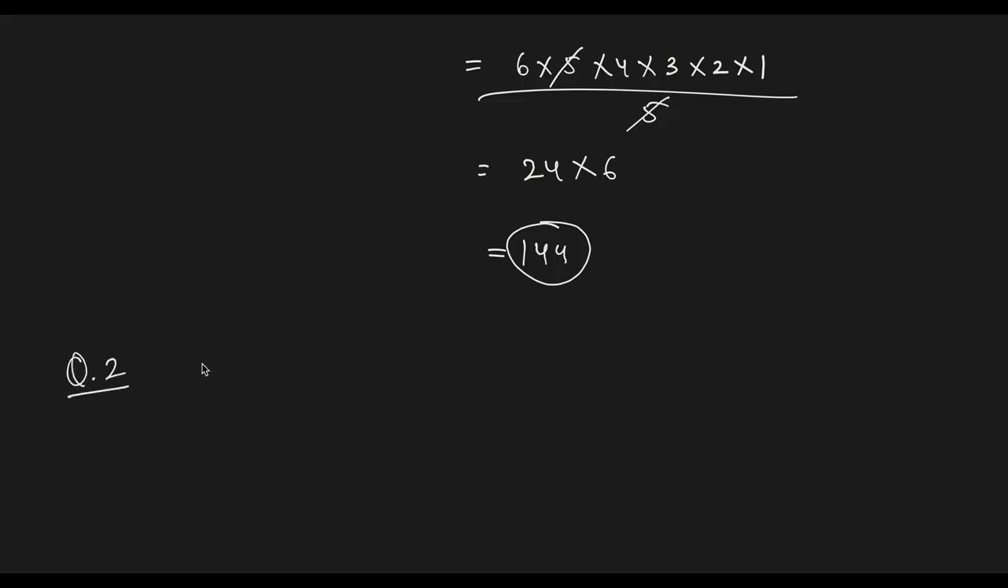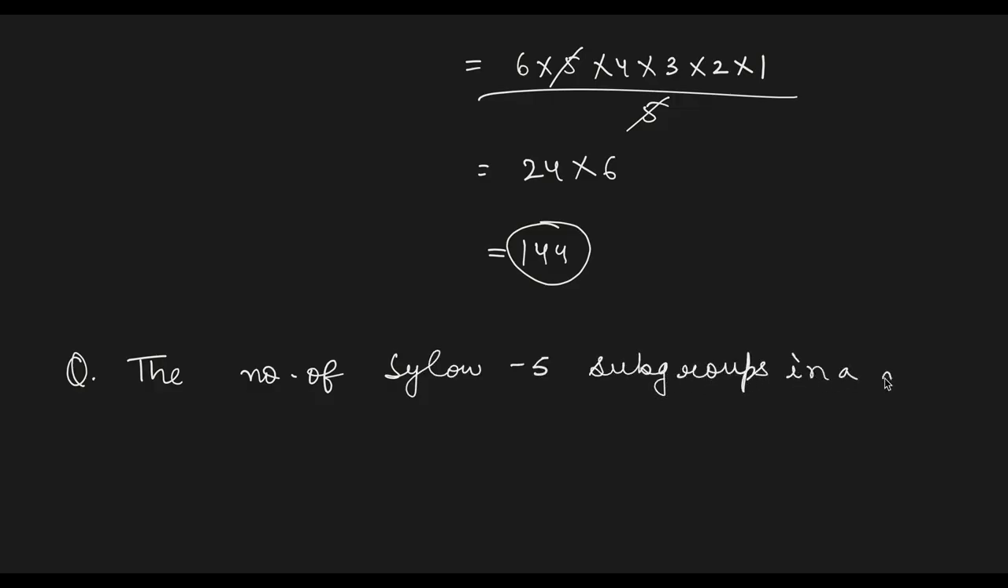Next, the number of Sylow 5 subgroups in a group of order 45 is